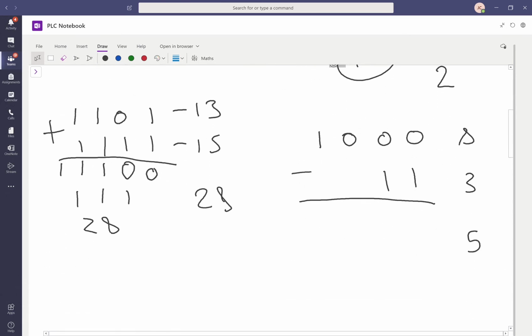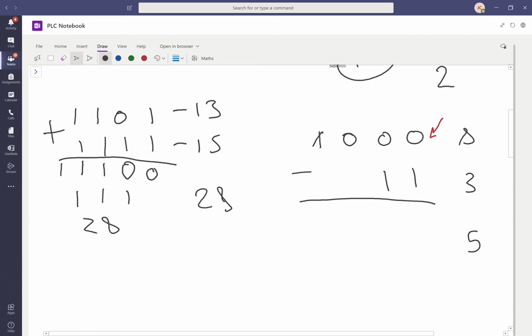Okay, so we're going to start off here, from our smallest place values. So we've got 0 take away 1. We can't do that, so we need to borrow. We can't borrow from here because there's nothing there. We can't borrow from here because there's nothing there. We can borrow from here, but because this is 3 place values removed, what we're going to do is we're